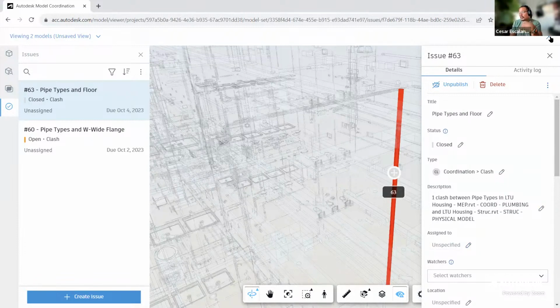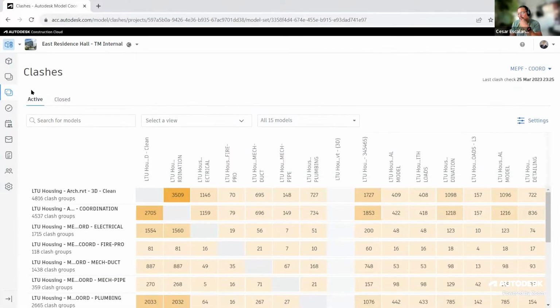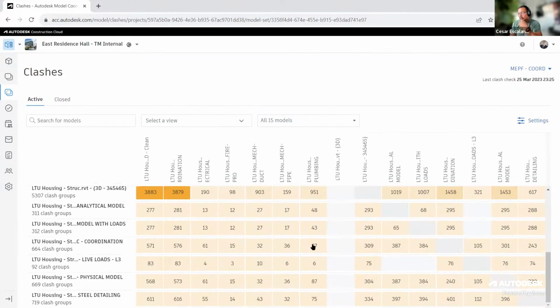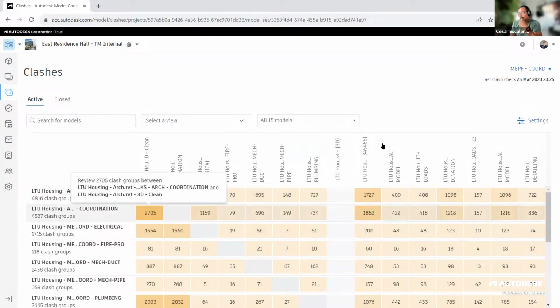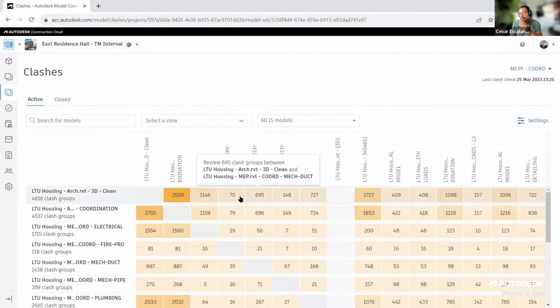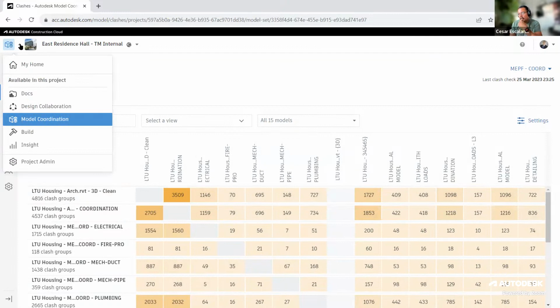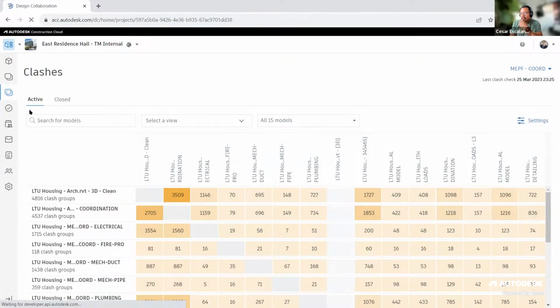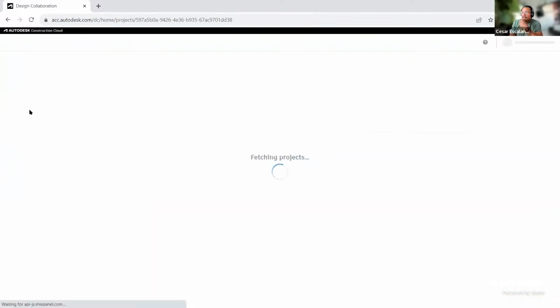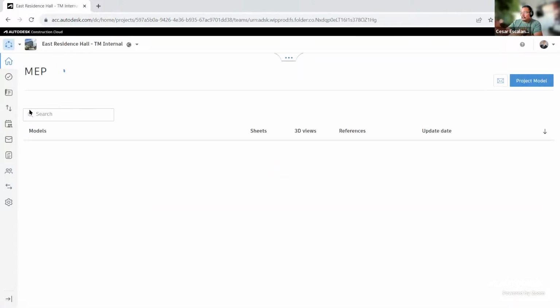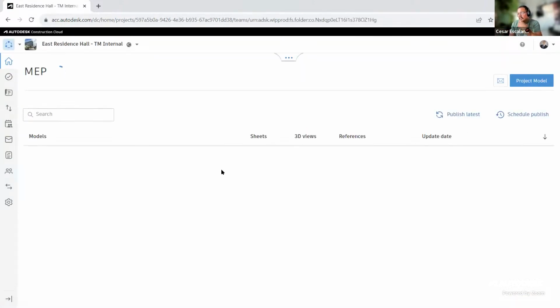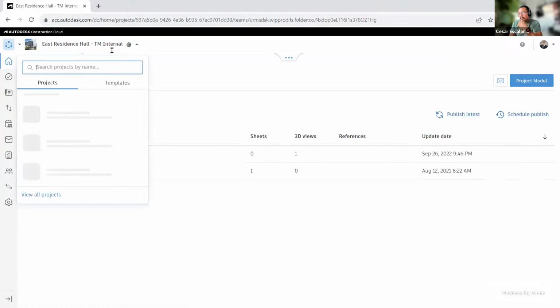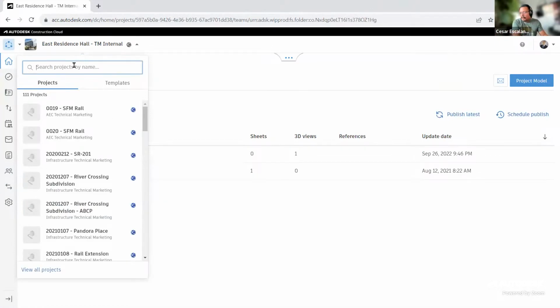So issues is part of the design coordination module. You will get it as well if you have a subscription to BIM Collaborate and BIM Collaborate Pro. I was attempting to do this in my simple model, but I'm afraid that these two files are not in the same space. They're probably at different elevations. So I'm going to go back to